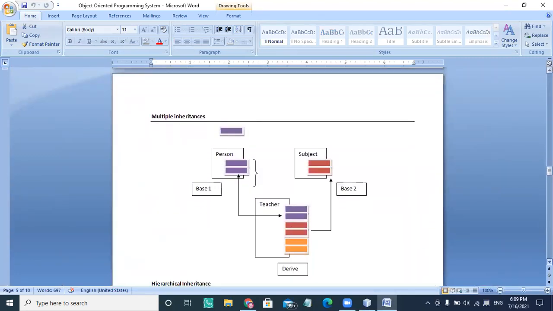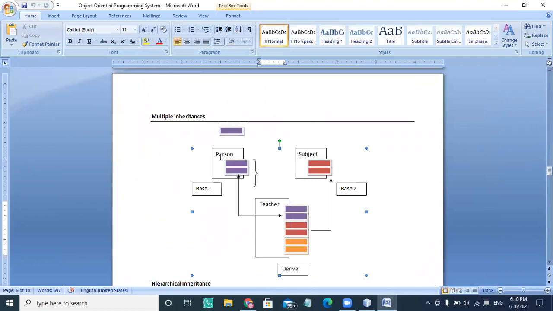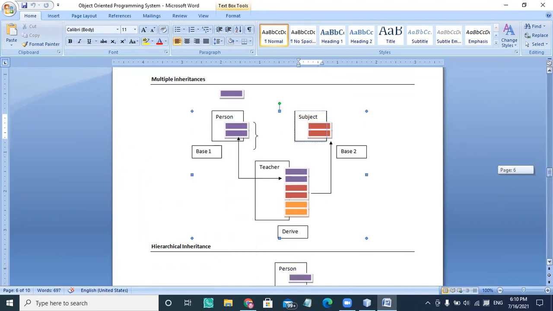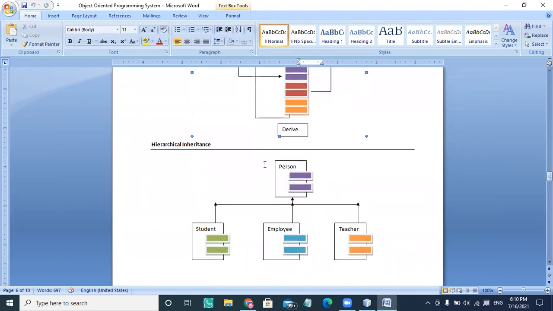Multiple inheritance is not available in Java, so that's why I'm not going to show you. I'm not going to create a teacher class that inherits from person and a subject. Hierarchical, we already learned: person, student, employee, and teacher are all inherited from the same class called person.